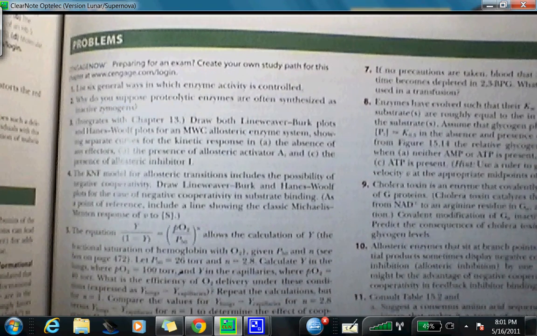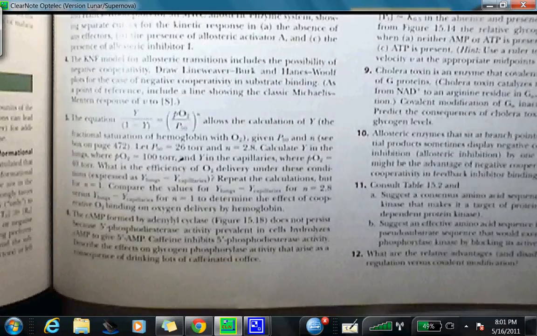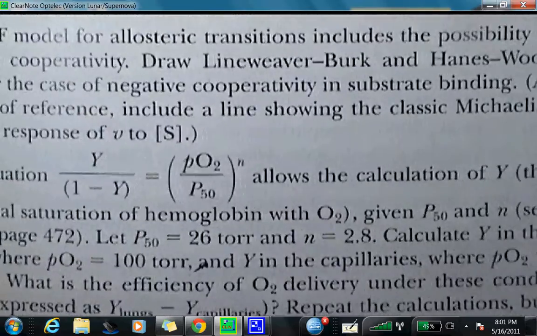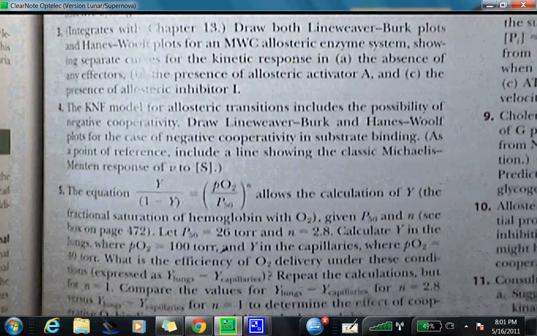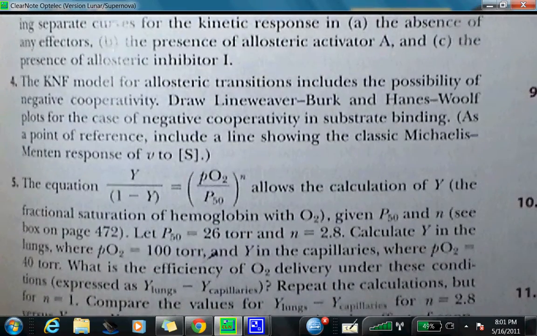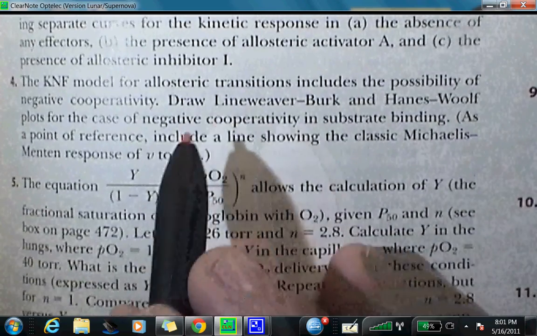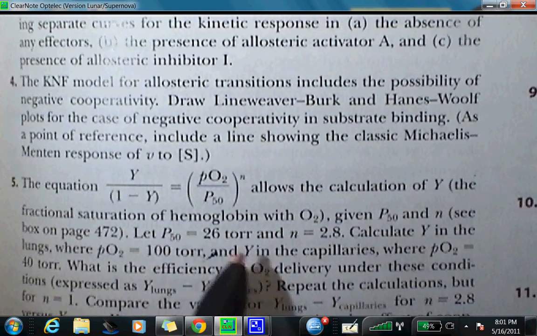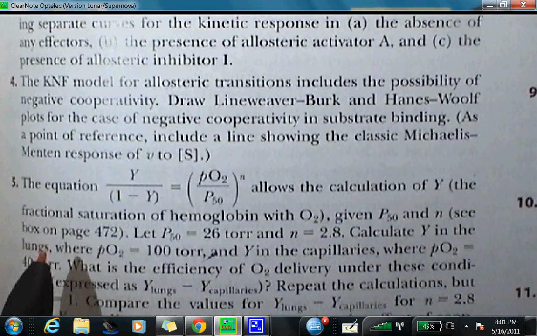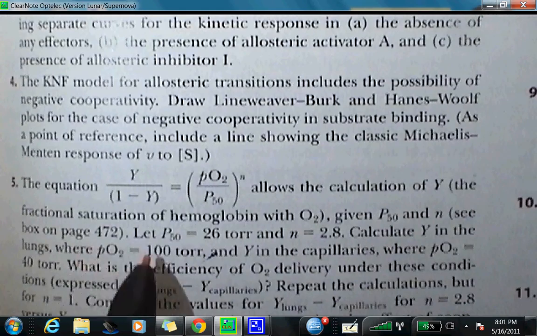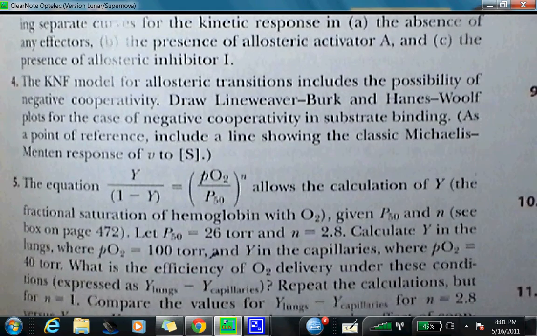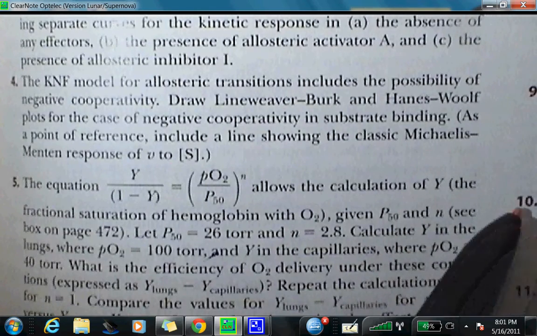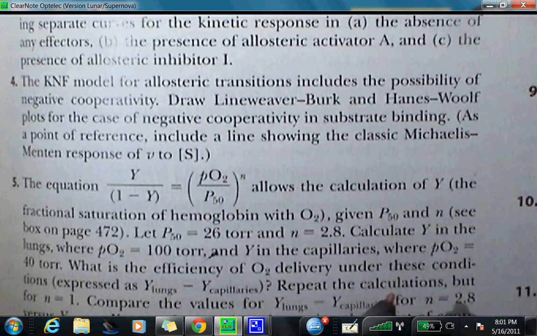Hey guys, we're going to be doing number 5 from the Garrett and Grisham on page 479. Basically what it's asking you to do is take this equation, and they give you a P50. They give you the partial pressure of oxygen inside the lungs. They give you the partial pressure of oxygen inside of your capillaries, which is